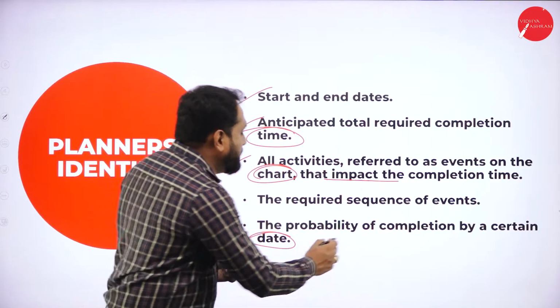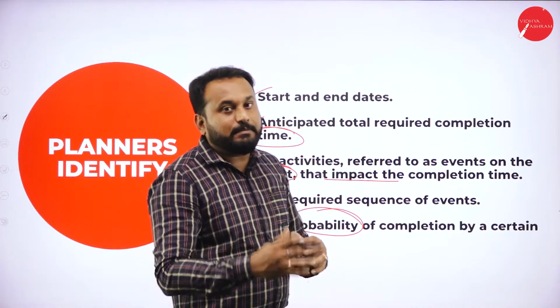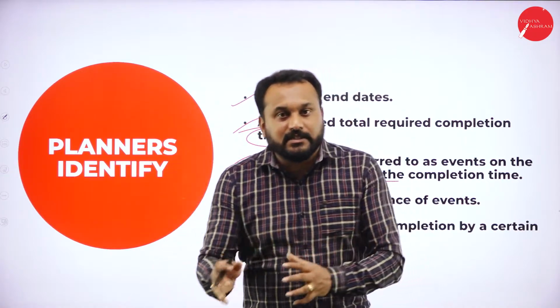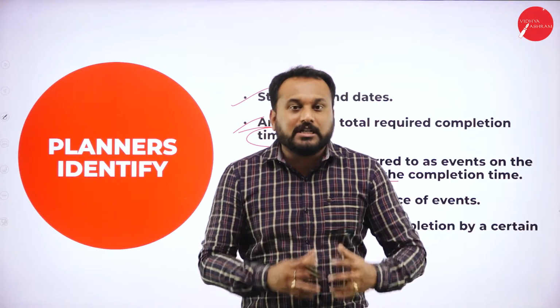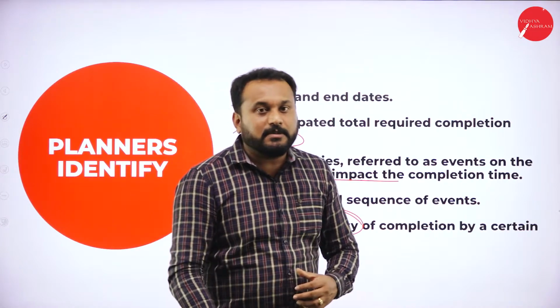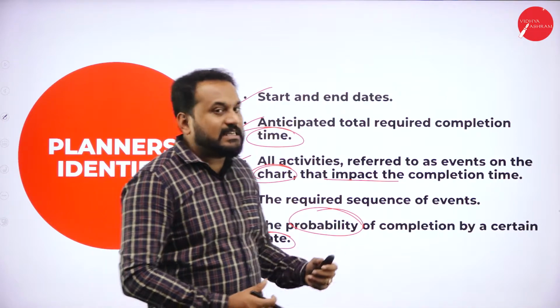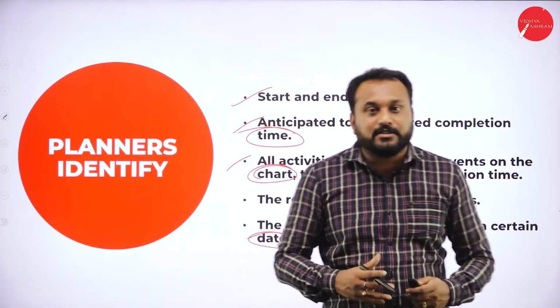So these are the probabilities. Now we can't be sure that we're going to complete it only at that particular time, because life is uncertain, business is uncertain, project completion is also uncertain. It can happen because of the micro environment or macro environment. There will be a problem, so at that time, the time taken will be a little more. So these are the identifiers, how they actually go with it.